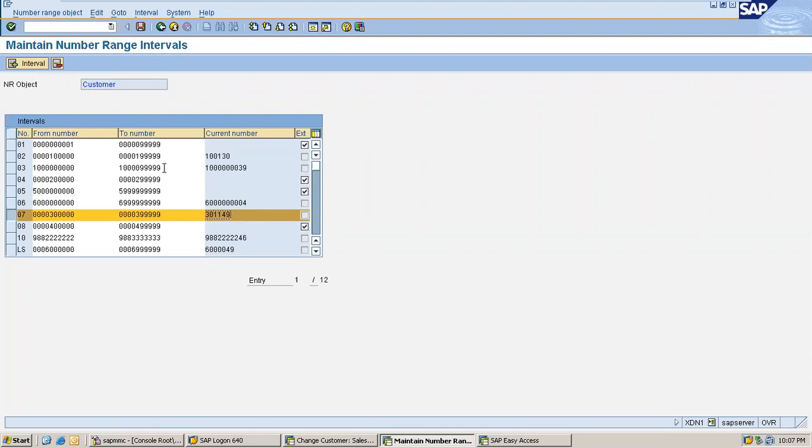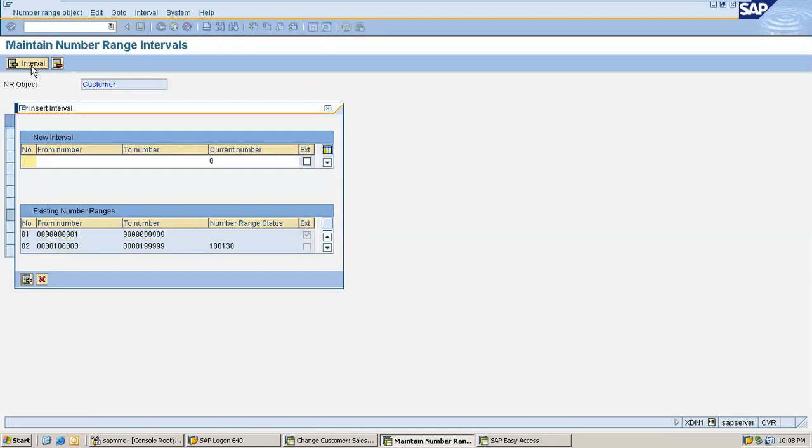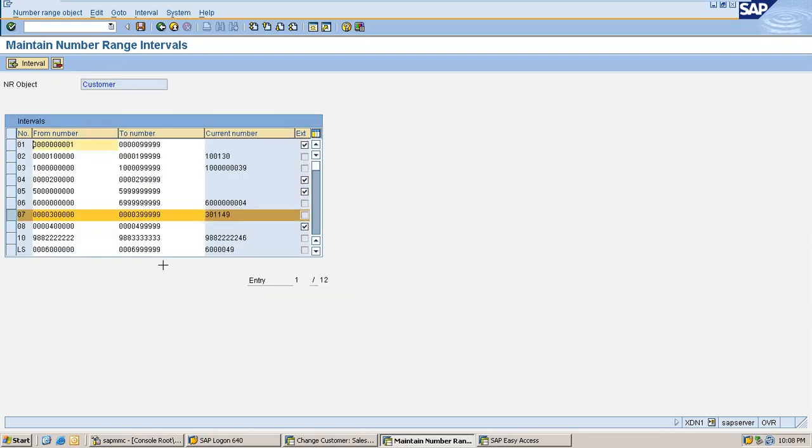Now I'll create a new interval by copying this. Let me copy this selection. Okay, what number can we give here?